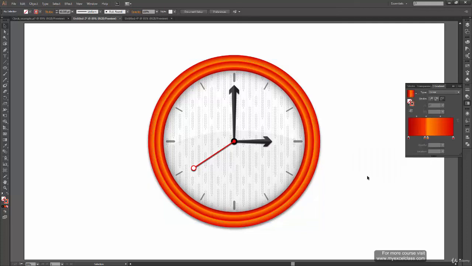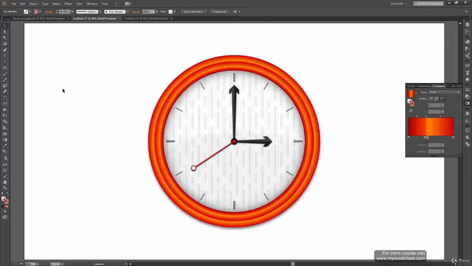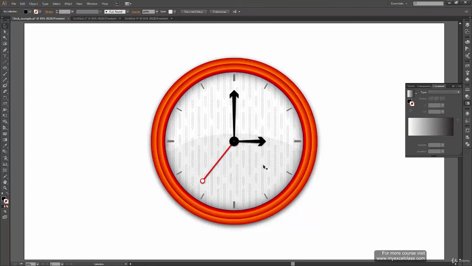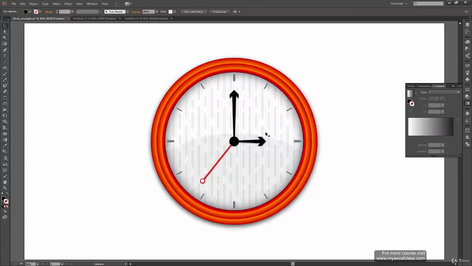When you click OK, here you have achieved your wall clock with almost or exactly the same results we have achieved, or maybe even better than this one. Because every time you create something, it gets even better. Because when I look at this, the center part is a little too dark, and this one is very bright. So I think this looks more attractive than something like this.